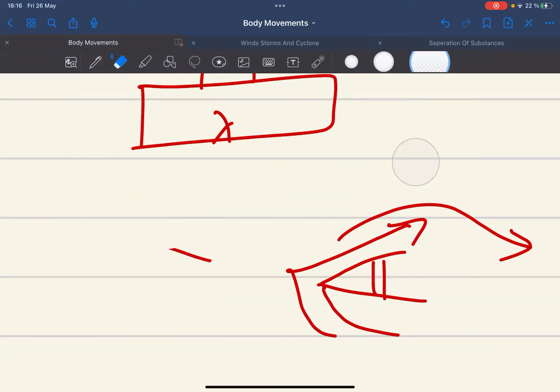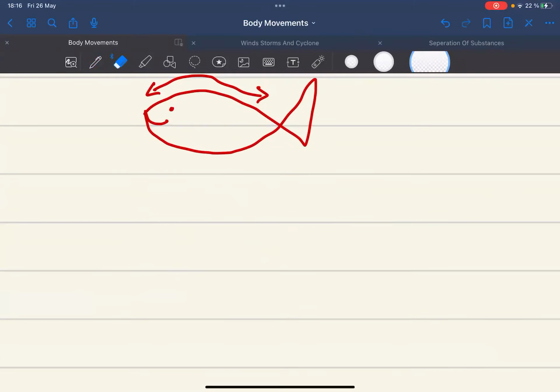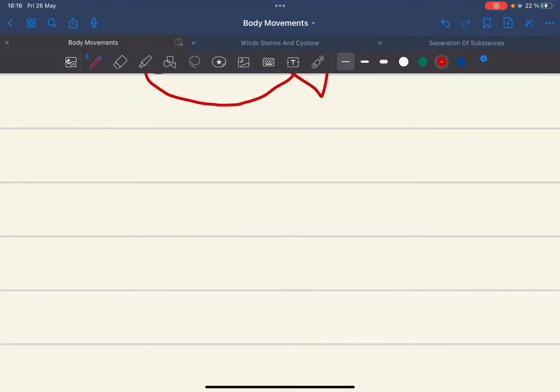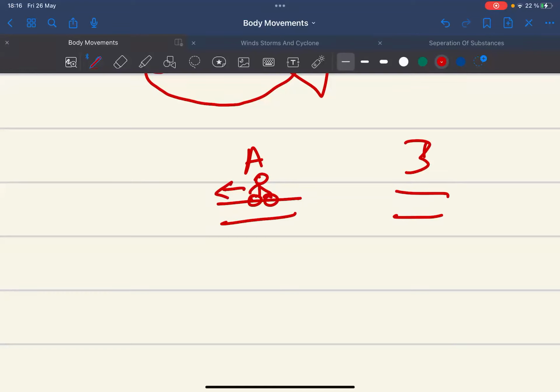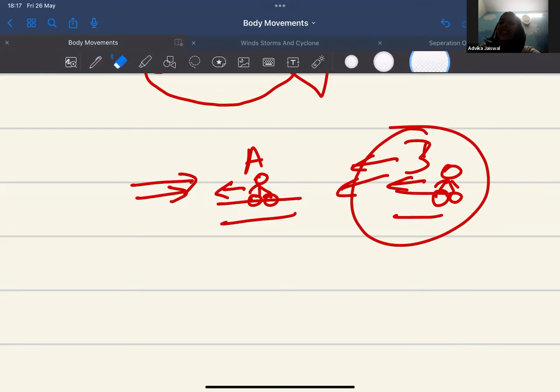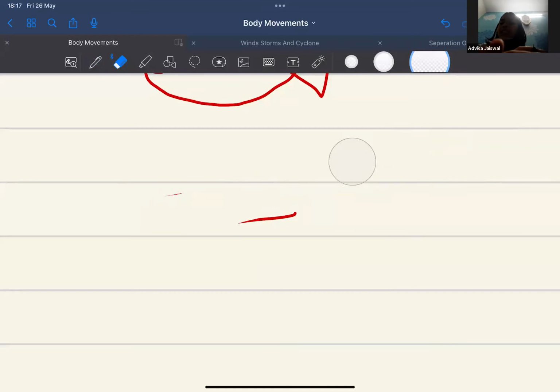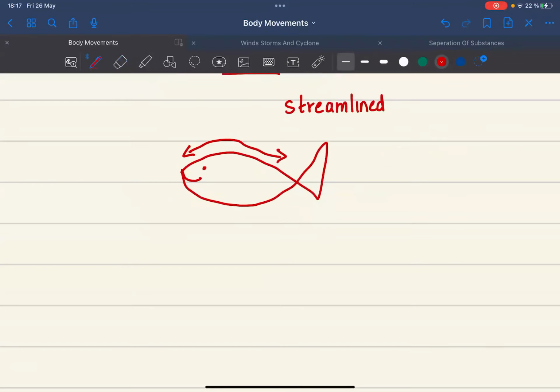Why we need a streamlined shape when we are traveling in the ocean is because, for example, you're riding a bicycle. In option A, you're riding to the left, and the wind is blowing to the right. And in option B, you're riding to the left, and the wind is also blowing to the left. Which will be easier to travel, option A or option B? Option B. Ma'am, why? Because I have experienced it for A that I have to stand and pedal. Yeah, so the wind currents are more strong, and it will be difficult for you to pedal,